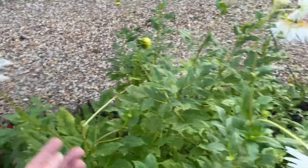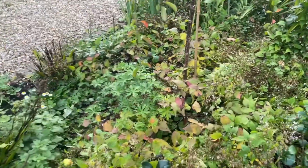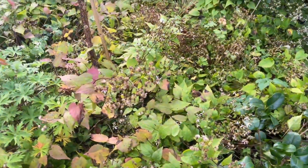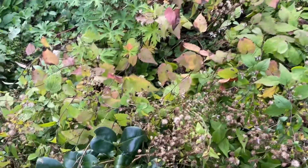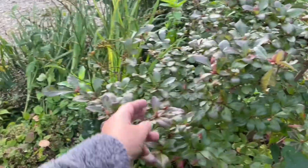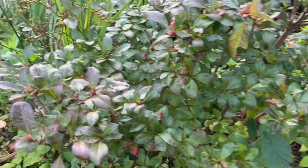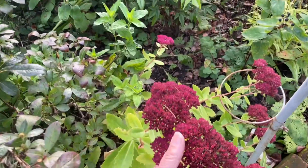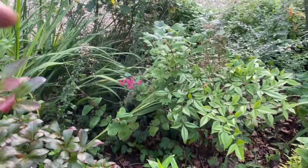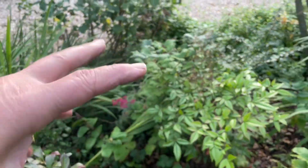Dahlias are slowly getting smaller and smaller. The camellias are underneath that white aster that is just everywhere in this patch. It's a massive patch. And then we've got the camellias under there. This azalea has put on some beautiful buds for the spring. Another one of the sedums. Just seeing the bees land on this is incredible. There's a pink kilmeria at the back, and then coming through